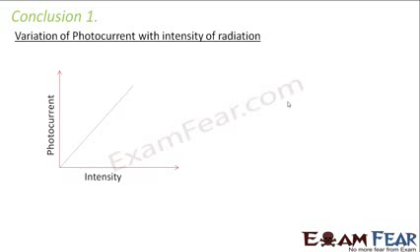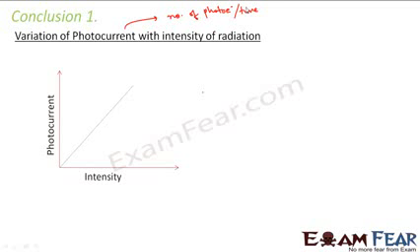So when we increase or decrease the intensity of the radiation, it was observed that the photocurrent increased linearly with the increase in intensity. As we increase the intensity, the photocurrent also increases. Now, what is this photocurrent actually? Photocurrent is nothing but the number of photoelectrons per unit time, right? What is current? Current is nothing but number of electrons flowing per second. Similarly, it is number of photoelectrons per second, right?